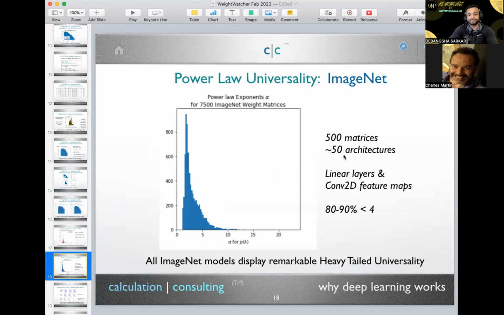At that time, 500 matrices, 50 architectures. Again, this was way before Hugging Face existed. And we see that if you look at all the alphas across all these models, most of them are around 2. They generally go between 2 and 6. There are outliers. Basically this is saying, look, probably a lot of models are not well trained, or there are a lot of layers which aren't that great. But there could be other reasons for these outliers. We're not sure yet. There could be slack in the model, but this is what we're seeing.